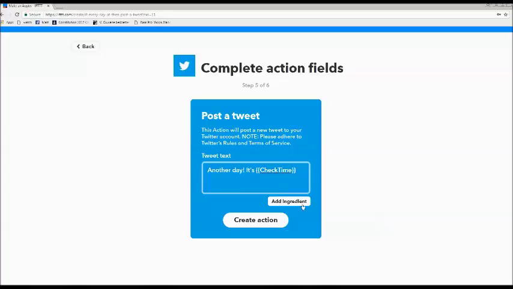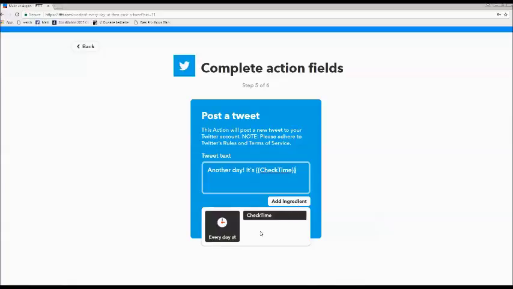Now, ingredient is basically what we refer to as variables within this tweet. So check time would be the current time that this ran. So if I had set this up for 12 a.m. to run, then this would show as 12 a.m. IFTTT, in its wisdom, lets me easily create additional ingredients, and if I had any additional opportunities, it would show down here